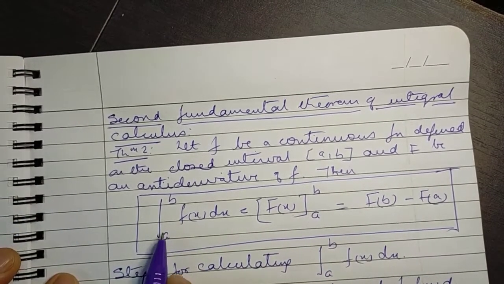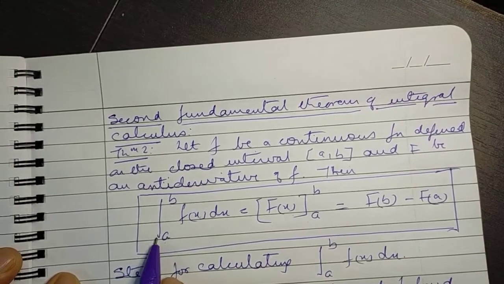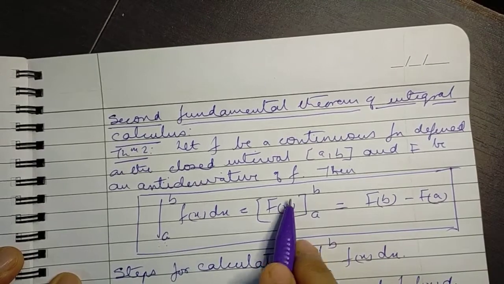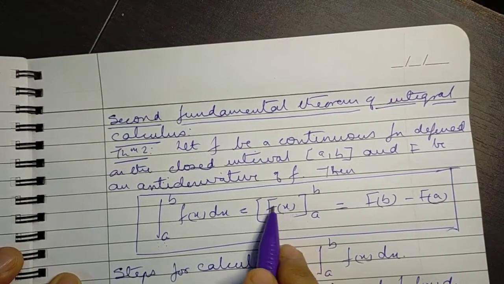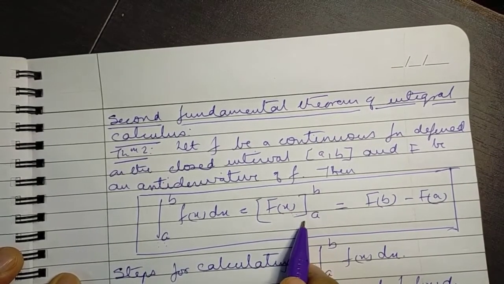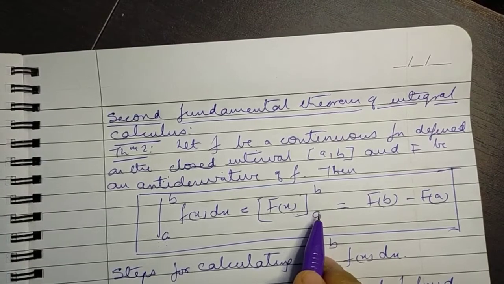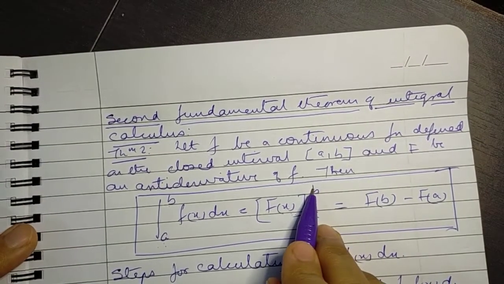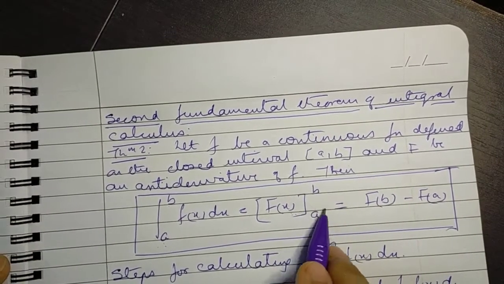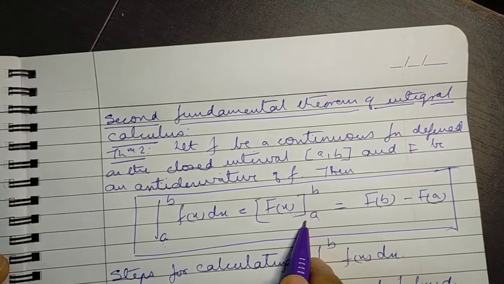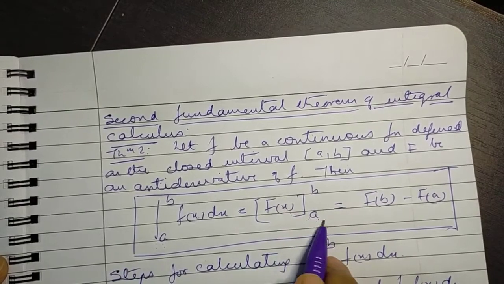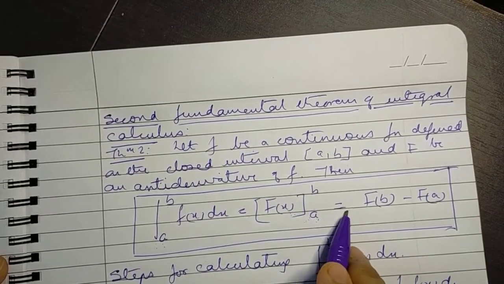Here the limits are x equal to a to b, where x is understood but not written. So you write it as the integral of f(x) dx equals capital F(x), enclosed within square brackets, and on the right side you write x equal to a to b. This is the lower limit, this is the upper limit, and x is understood. You may write it as x equal to a, or you simply write a to b. It means the variable takes the value a to b.